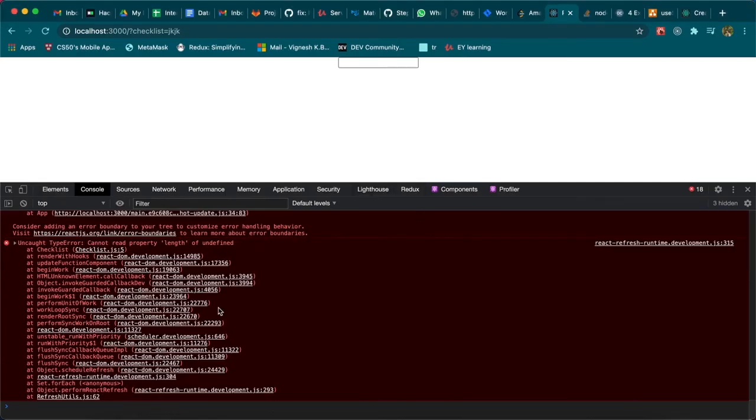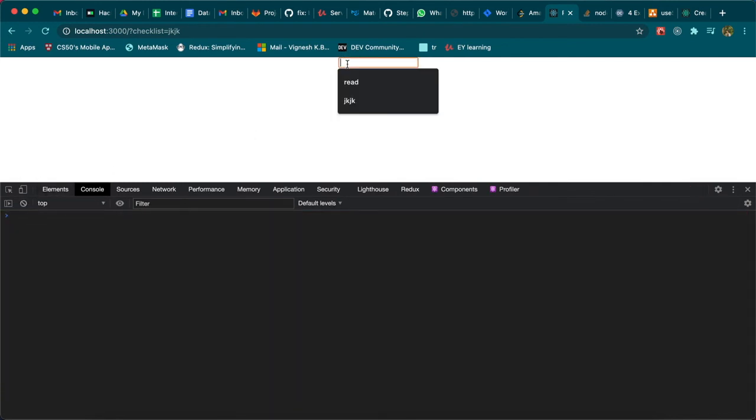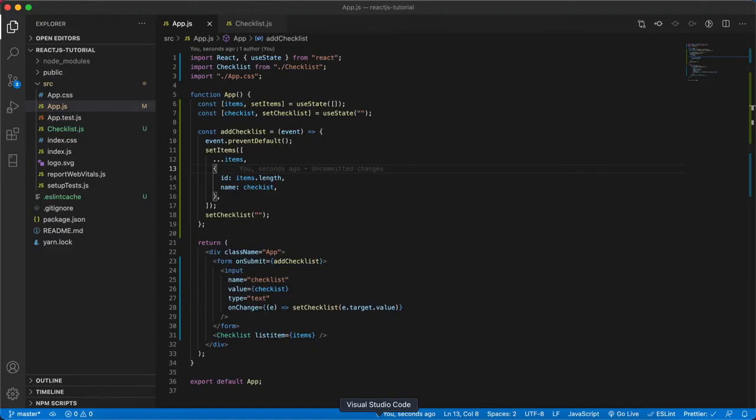Yeah, now finally we are able to see a text box. And don't worry about the CSS guys, we are just understanding how the state works, and now you are able to see and press enter, and you can add this list to the array. So this is how you update the state which is of type array.